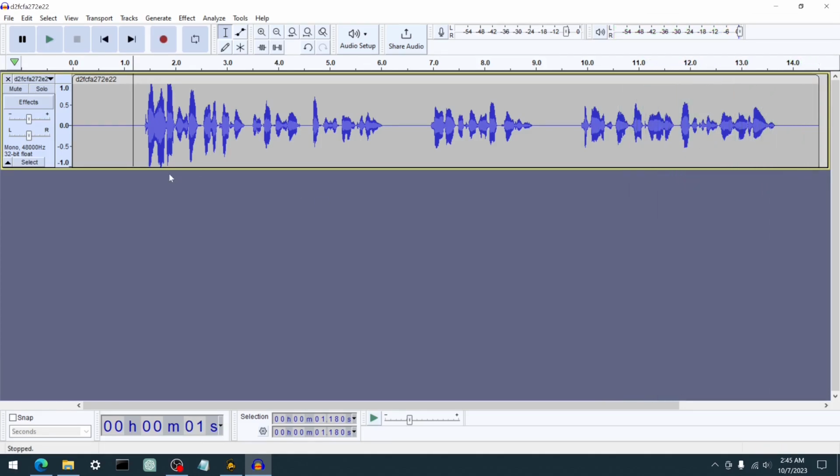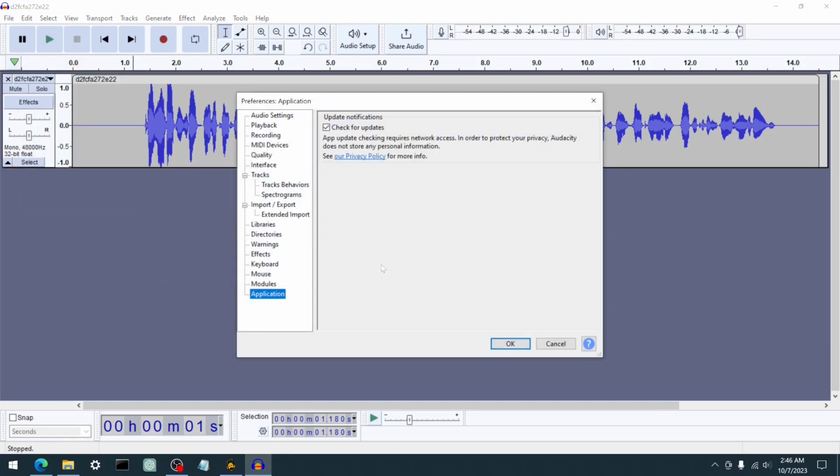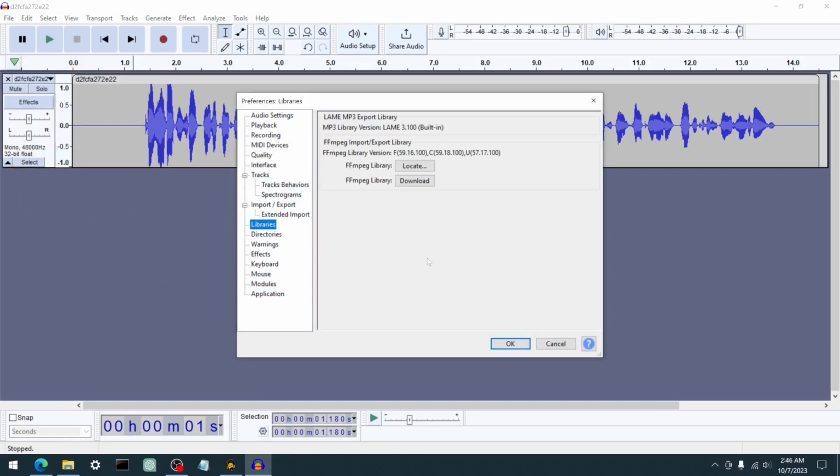To be able to do this, you need to have FFmpeg libraries installed for the conversion of WebM file to a format that is recognized by Audacity. If you don't have them installed, you'll need to go through the installation procedure. I'm not going into the details of this, but I hope you can figure it out on your own.